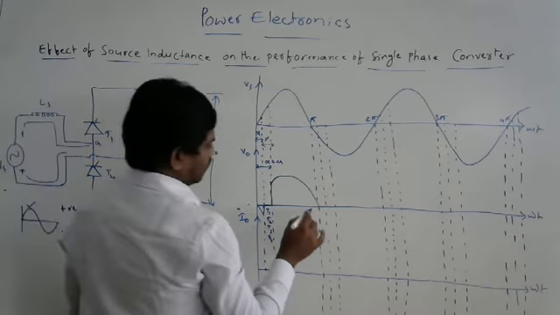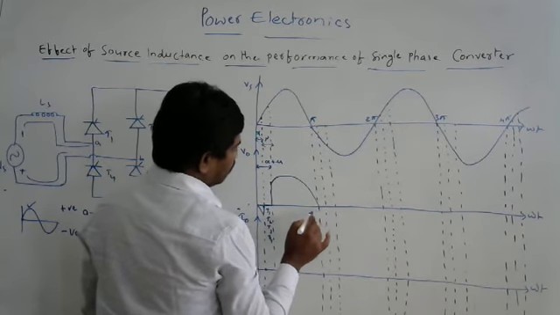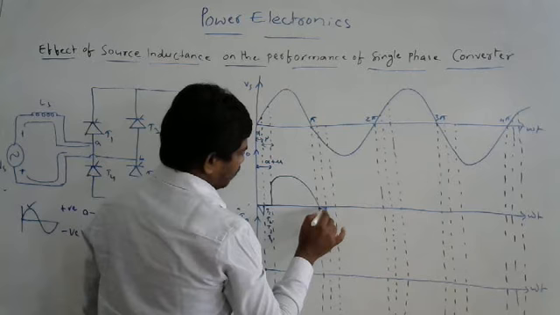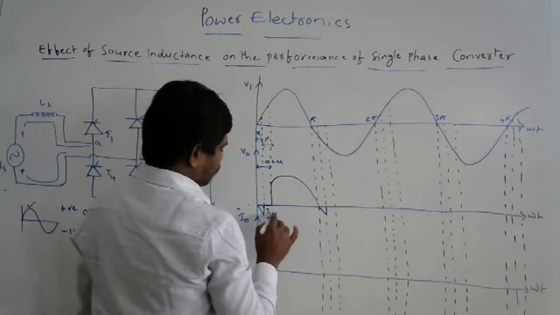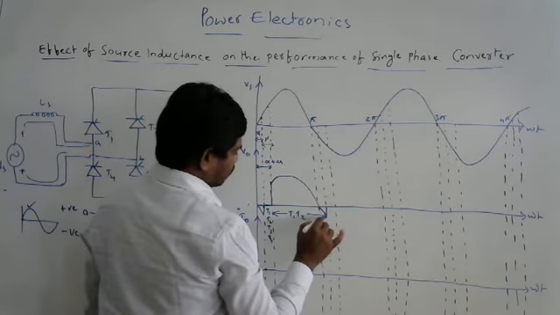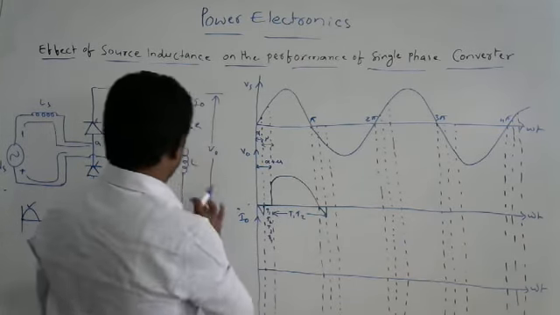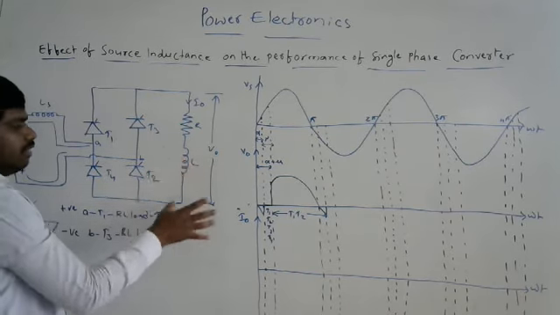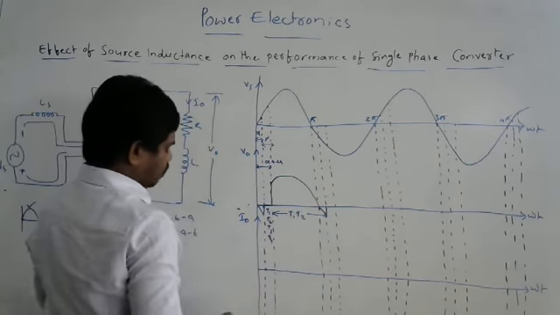Due to the conduction of T1 and T2, till the next alpha. During this period T1, T2 conducts. How do we get this negative value? Because of the inductor at the load side. We already saw this when we discussed the single phase full converter with RL load. Whenever L is there, we definitely get the negative voltage at the output side.